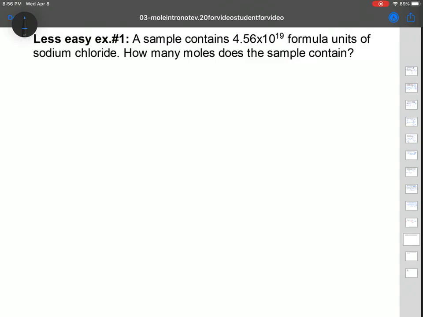Okay, so now I chose this example because, again, it uses the word your textbook uses, formula units, but really we're still talking about the number of entities. Because sodium chloride is an ionic compound, it uses the word formula unit. And also what happens when you